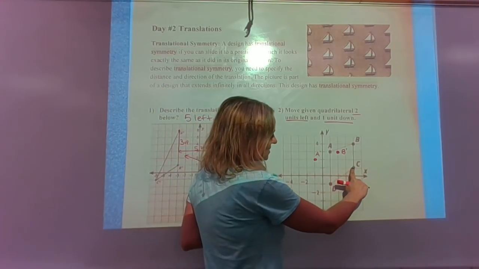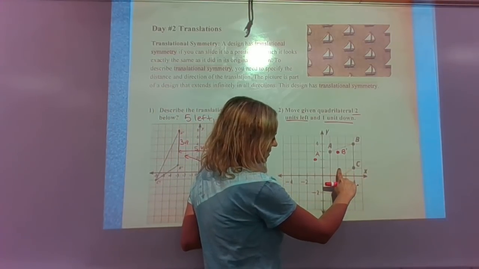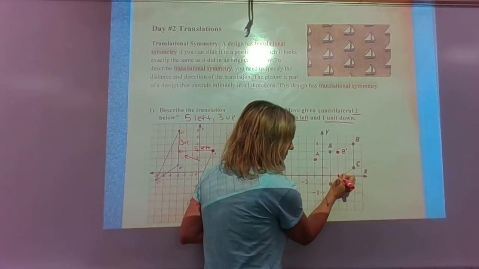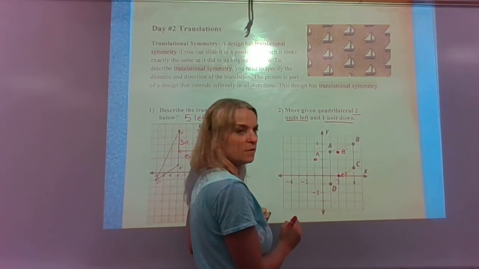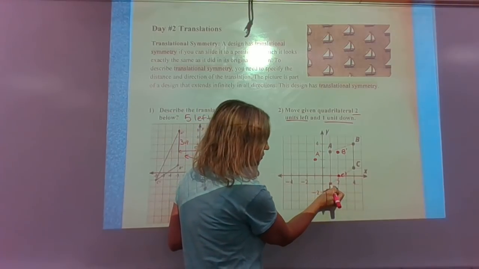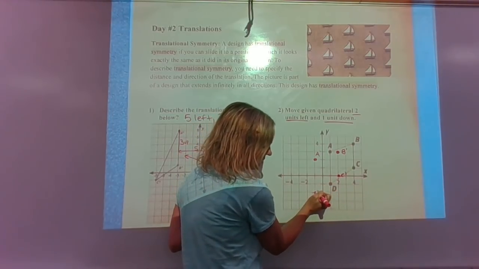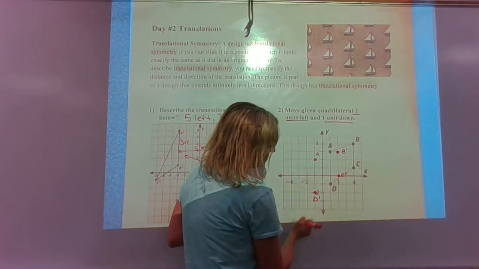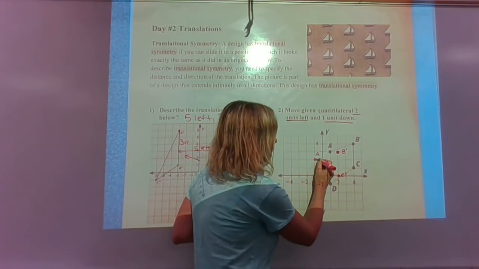All right, let's do that with the C. 2 to the left, and 1 down. Right here, C prime. And then my D. 2 to the left, and 1 down. There's my D prime. All right, so now if we connect these,